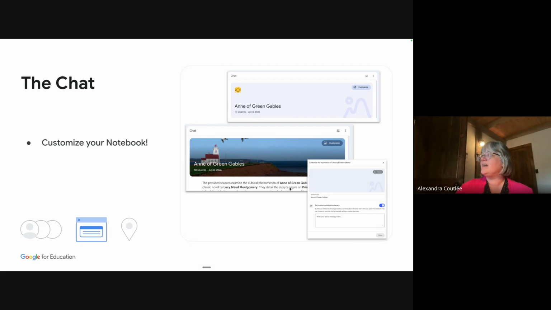You can also customize the summary that is generated underneath it. Gemini behind NotebookLM will generate a summary according to what's in your notebook. But maybe you want control over this and decide what the summary is. So again, when you click on Customize, you'll be able to set a custom notebook summary.